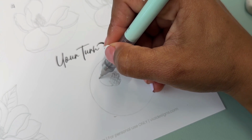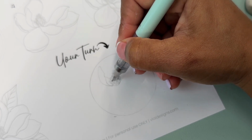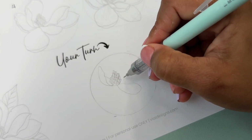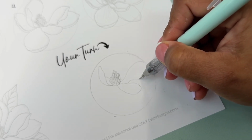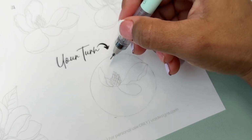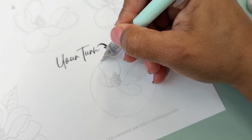Once you have the bigger circle, you're going to draw kind of like a teardrop inside that circle. I'm gonna draw a bunch of pointy ovals, one next to each other, following the shape of the teardrop. Now the petals of the magnolia, I think they are a little bit more intricate, so be sure to follow the shapes that I'm doing here. I'm also adding a lot of curvy lines at the edges because the magnolia flowers usually have the petals more